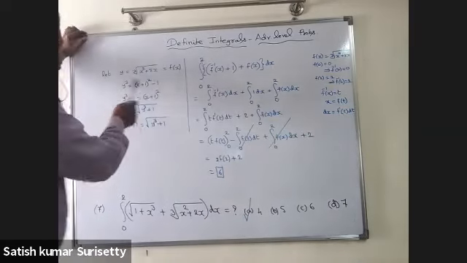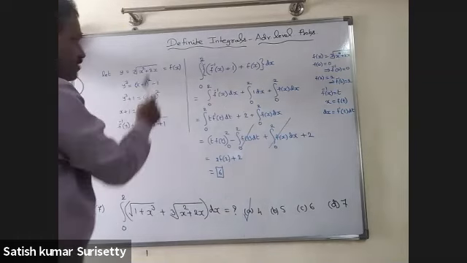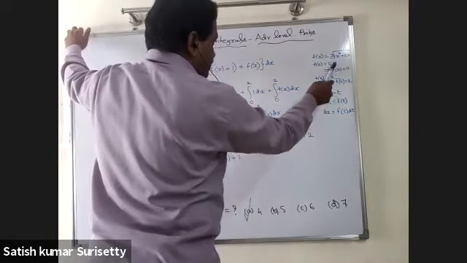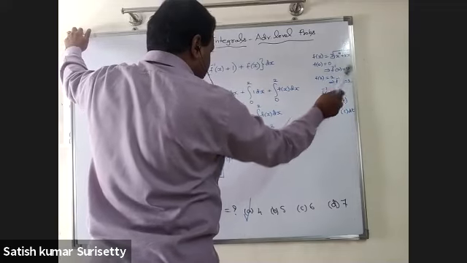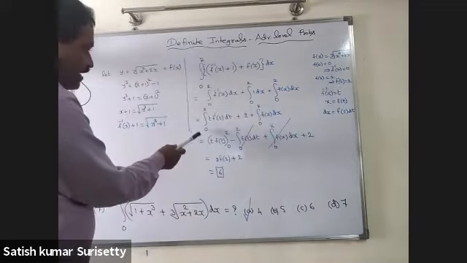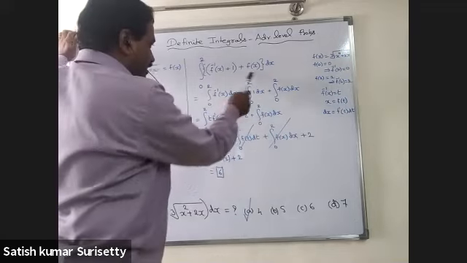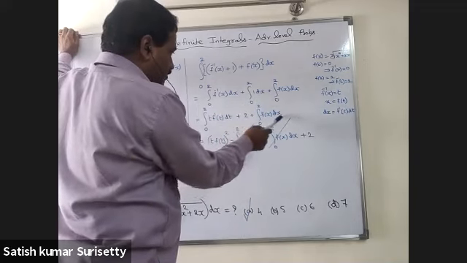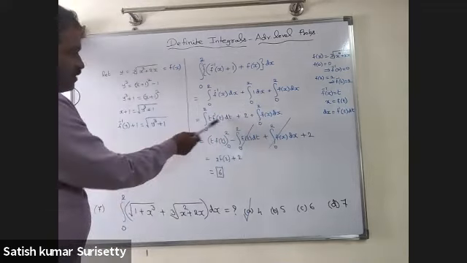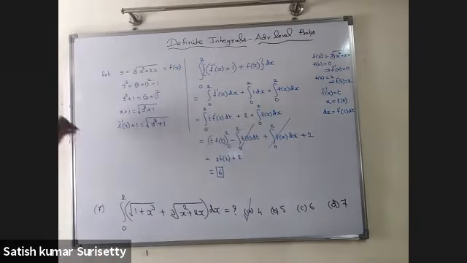Now we have taken f of x equal to cube root of x square plus 2x; when x is 0, f of 0 is 0 and f inverse of 0 is also 0. f of 2 equals 2 implies f inverse of 2 is also 2. So the limits will again be 0 to 2, t into f dash of t dt, plus the integral of this will be 2, plus the integral from 0 to 2 of f of x dx. Now apply integration by parts for this and simplify. So the value will be 6. The option is